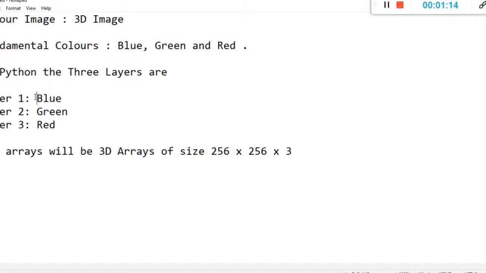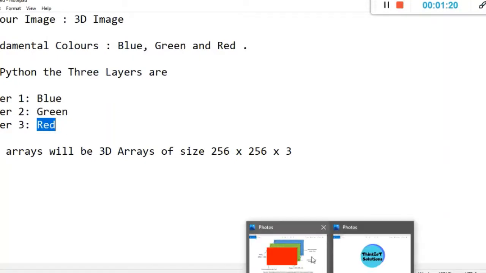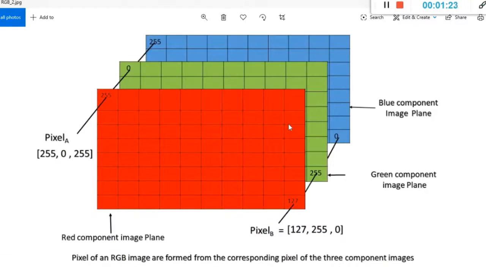That is, layer 1 is blue, layer 2 is green and layer 3 is red. If you see this image, you'll understand it very clearly. So as you can see, there are three layers. Here one layer is shown as red pixels, the second layer is shown as green pixels, and the third layer is shown as blue pixels.